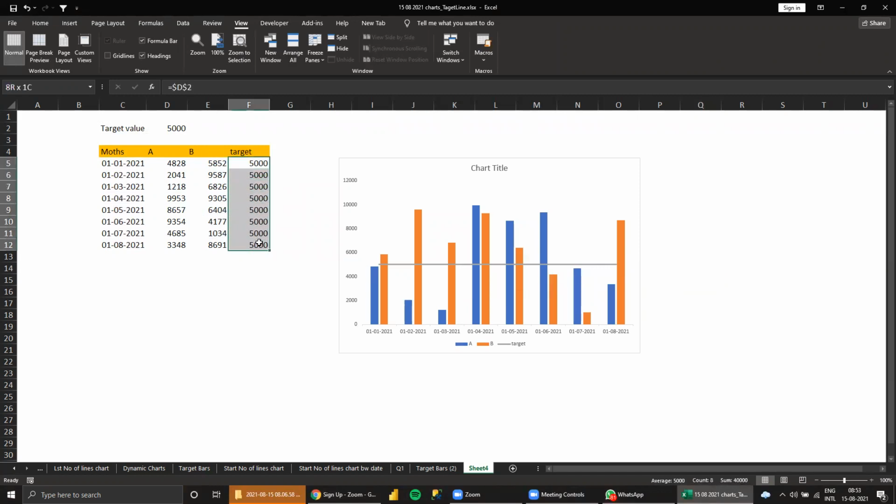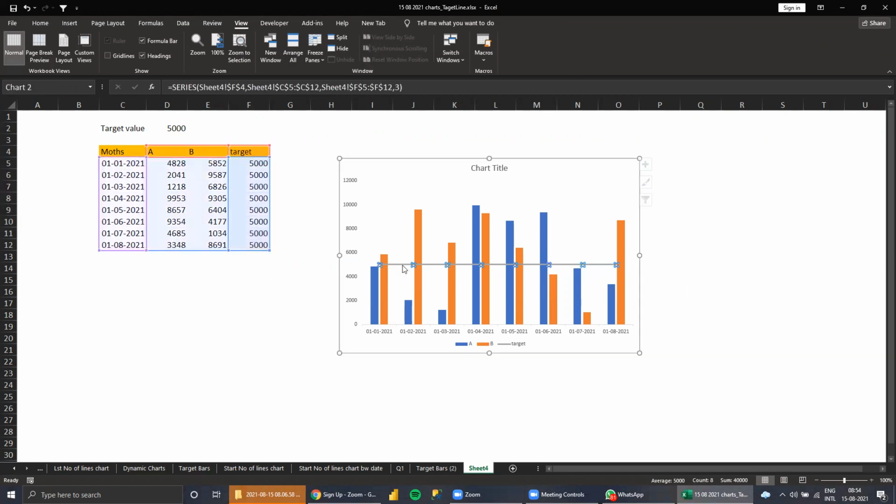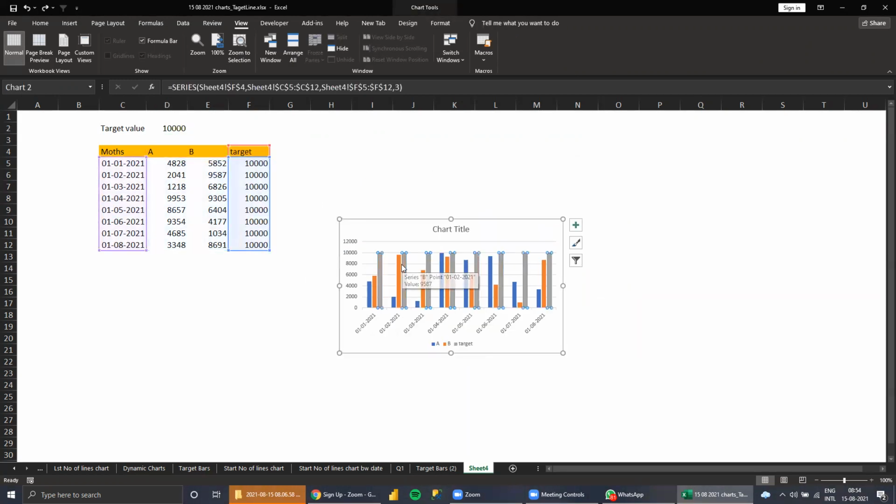So the other way also I'll try and see how it is. The target value should appear for all the dates, all the months. So we need to take the chart type as a line. I'll show it again. So I'll go back.